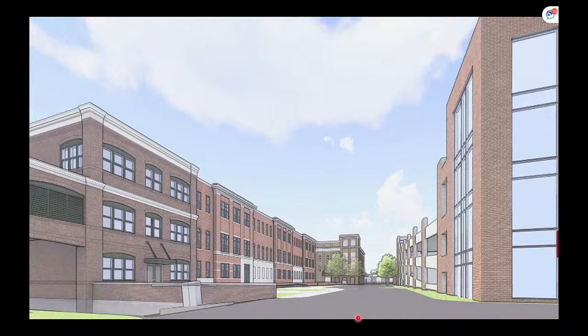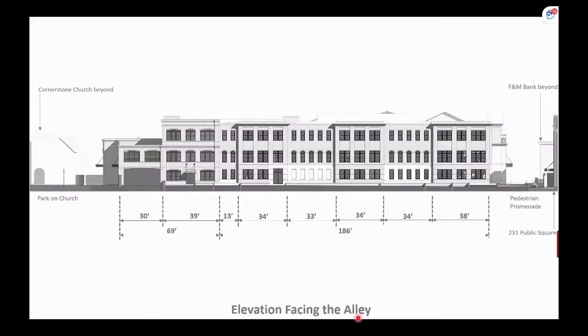The landscape along the alley, just to note, is shown generically right now because we just haven't gotten there with the landscape. And then this black and white elevation gives you the dimensions. You can see the City Hall portion of the building extends 186 feet east on the alley, and then transitions to the 39-foot segment that you're seeing in the different brick. And then the parking garage entry is on the end. That's that relaxed arch.